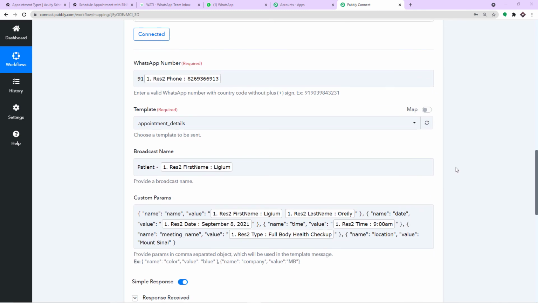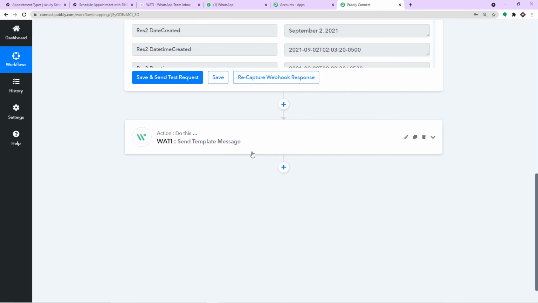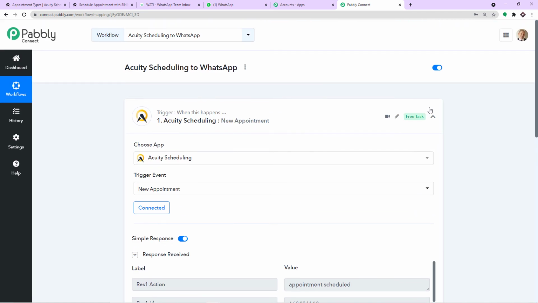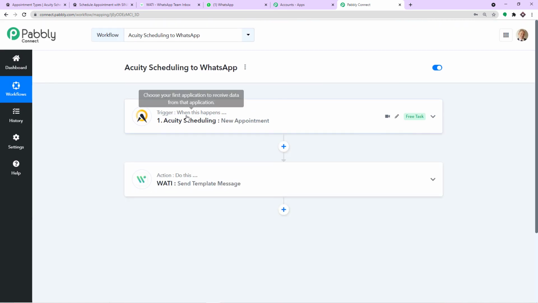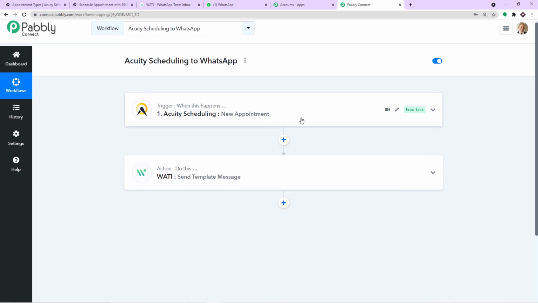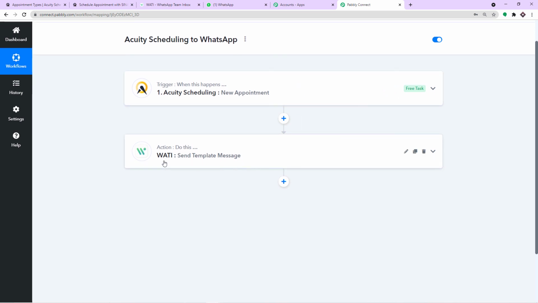Now, before you leave, because this integration is over and successful, let me just explain the whole mechanism in a nutshell. So let me just minimize all these windows. So we have the trigger window where we inserted Acuity scheduling. Basically, we have integrated Acuity scheduling to Pabbly Connect, and afterwards we have made a dummy appointment. And the details of the appointment are available in this action window. And using the details that we have received from Acuity scheduling, we have composed a message and sent this message via WATI on WhatsApp. So now there's a perfect flow of data between Acuity scheduling and WhatsApp.